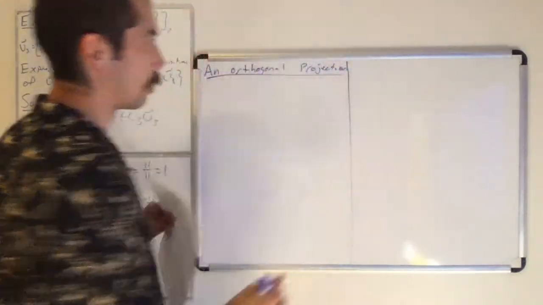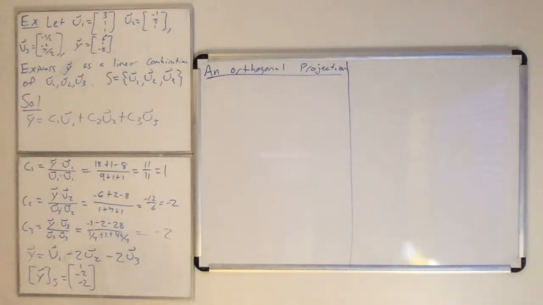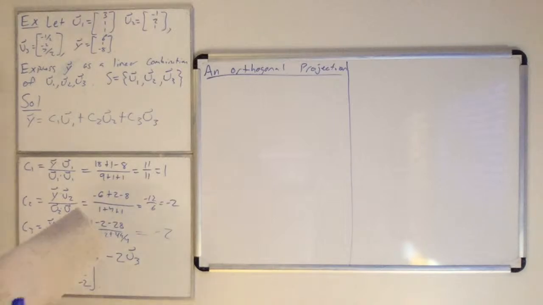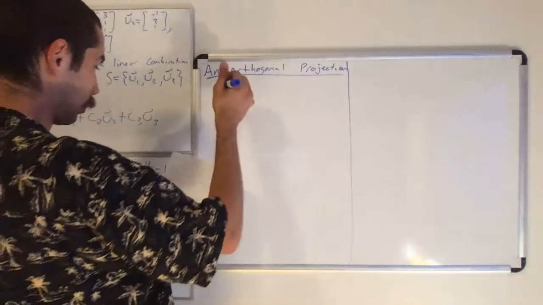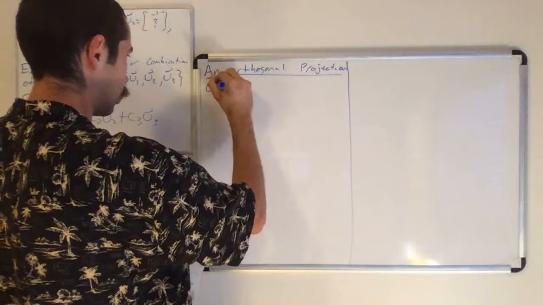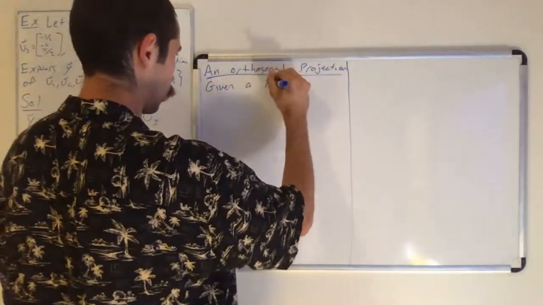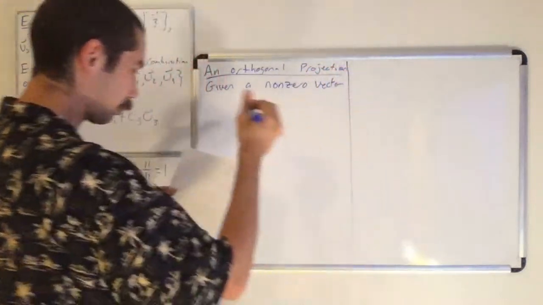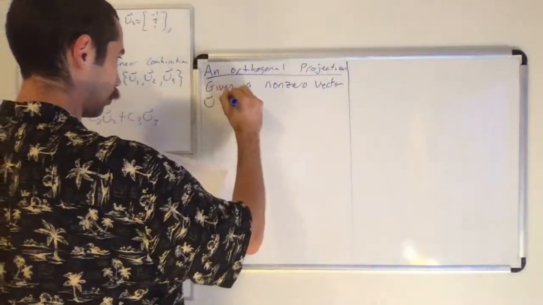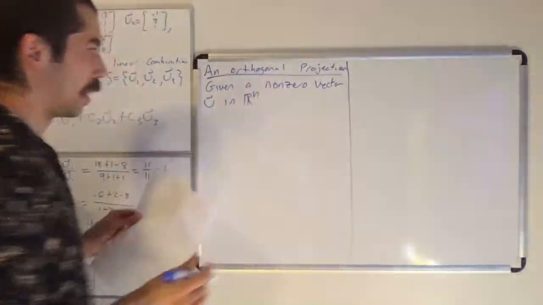Okay, so now we're going to talk about an orthogonal projection. This is again something you may have seen in your Calc 3 class, but I'm going to assume that you have not seen this before. So we're going to start with the basics. So given a non-zero vector u in Rn,